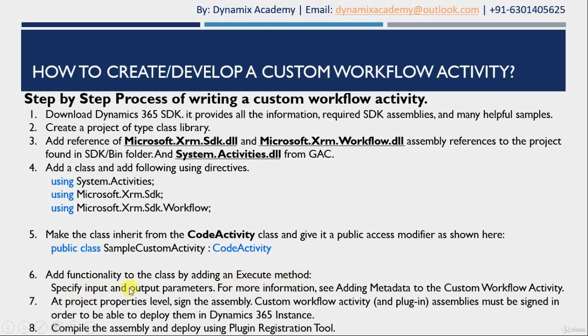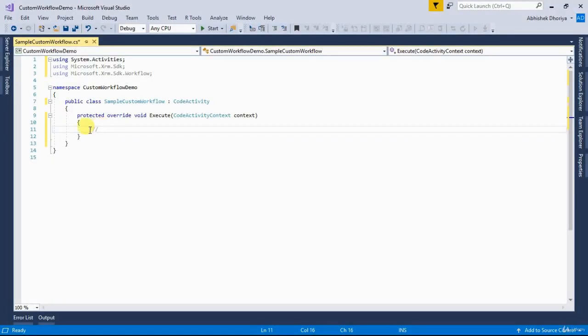You can specify the input and output parameters. Your entire business logic will be present within that Execute method. So you need to implement the business logic in the Execute method itself. What business logic we are going to add in this demo, I will show you after some time, because first we'll complete the remaining steps. Right now simply consider that the complete business logic will be present within the Execute method.